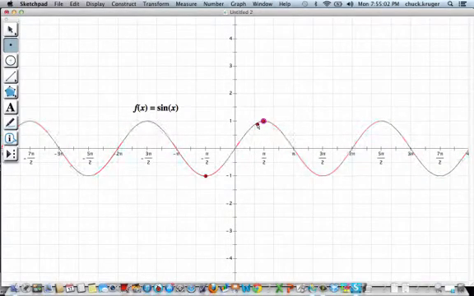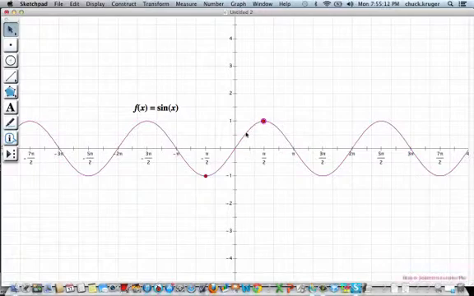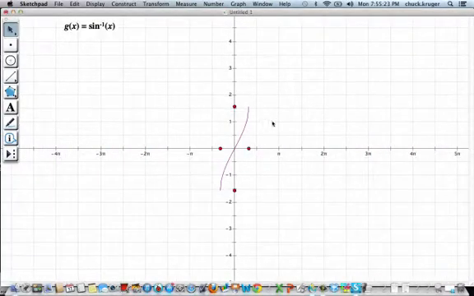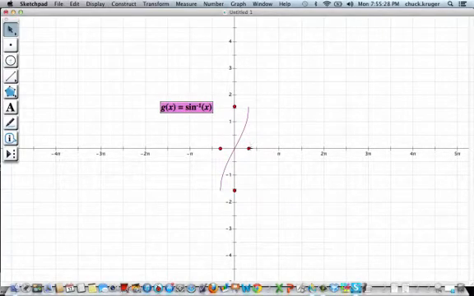And this portion from here to here, from these 2 points in between, if I restrict to this portion right here that I'm highlighting, that part of the inverse is a function. And if I take a look at what that looks like, I have that graph. And right here is the inverse. And what happens is the range and the domain interchange. So these values right here, if I highlight this,